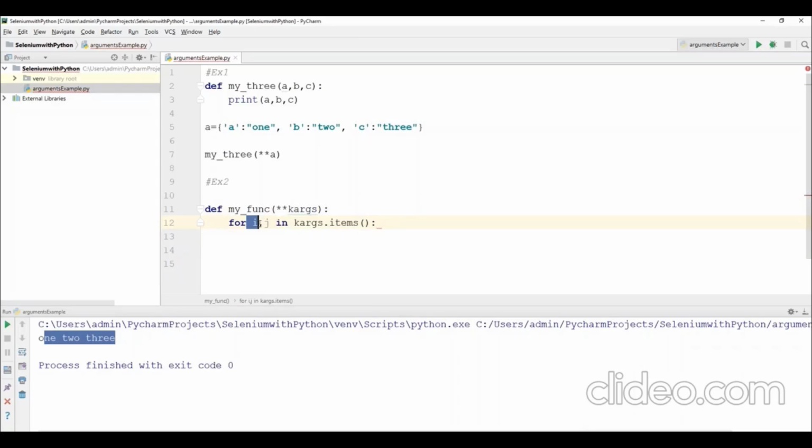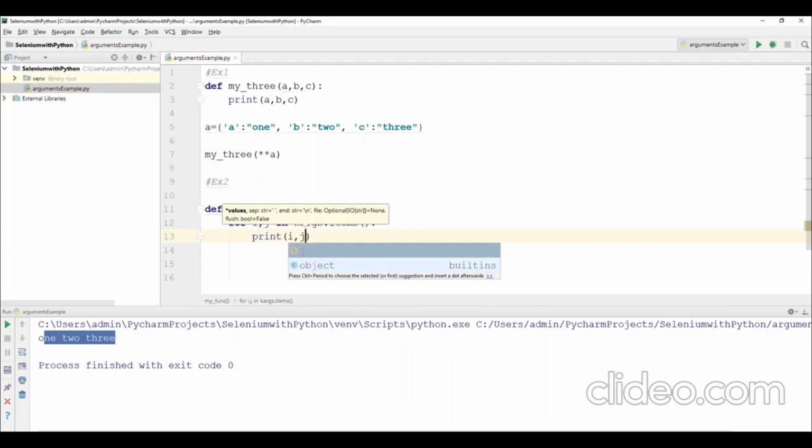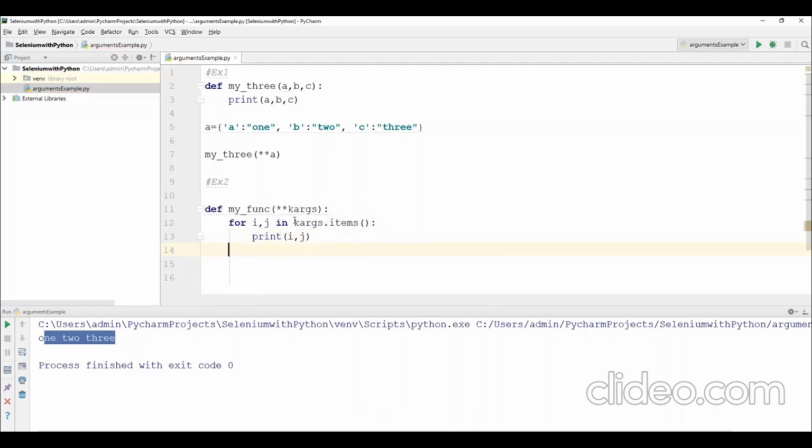Once we have these values, we can just print them: print(i, j). So in kwargs I am passing multiple keys and values, and those will be stored in i and j, and now I'm printing i and j here. And then I'll call this function, my_function.